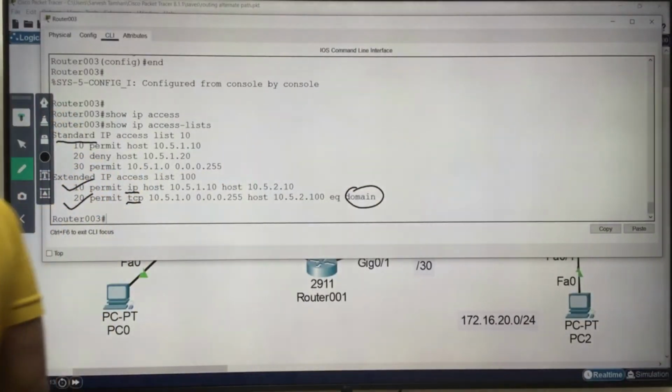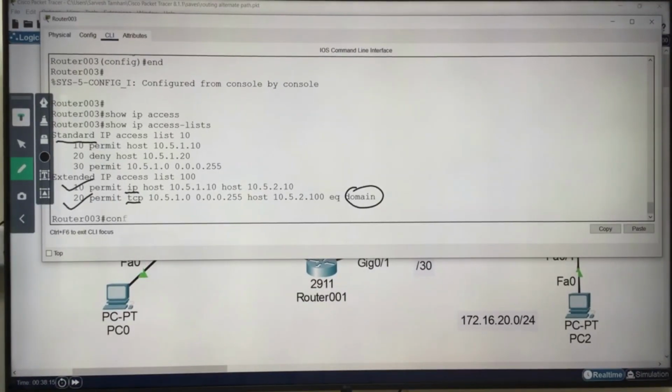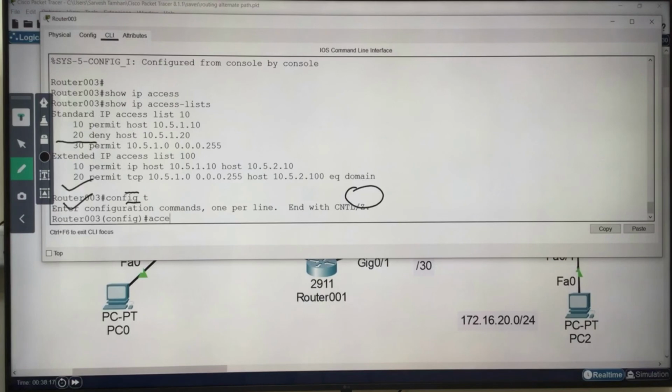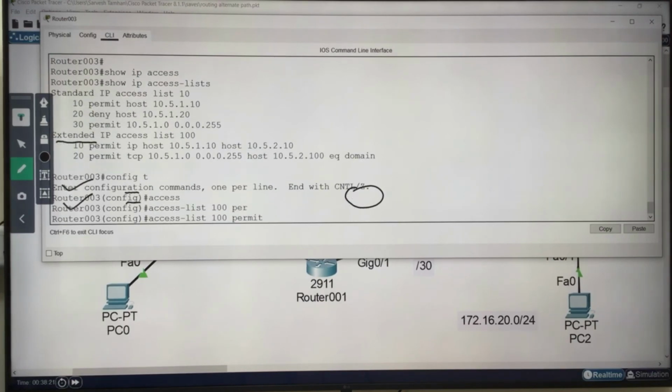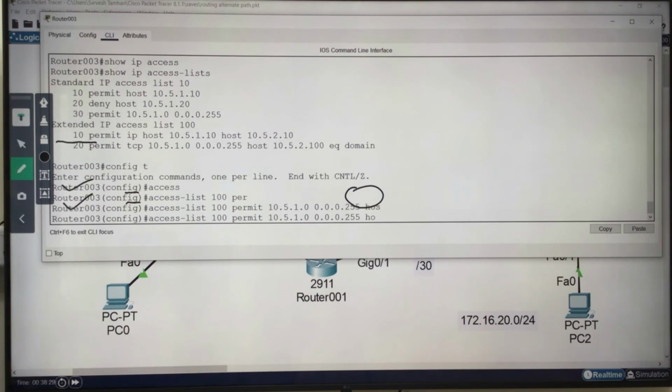So let's add one more, UDP SNMP, right? Let's see how you can configure. Again the same access list, guys, access-list 100 permit, and after permit, you have to define the protocol field, UDP, then the entire subnet 10.5.1.0, then 0.0.0.255, and the destination is now different, right?